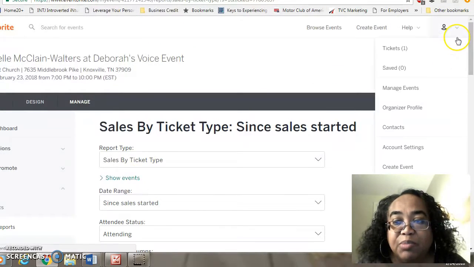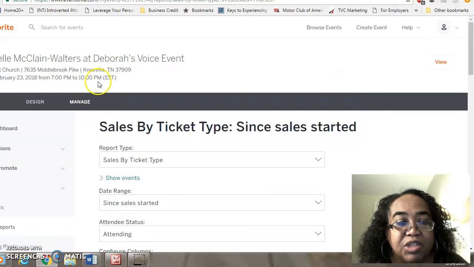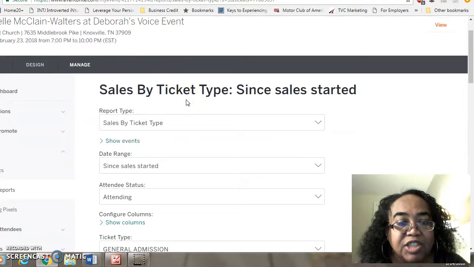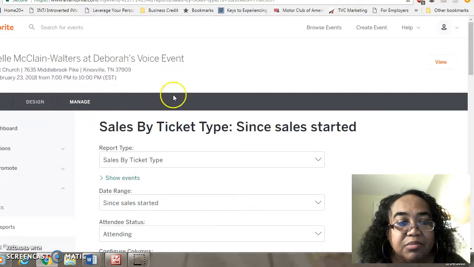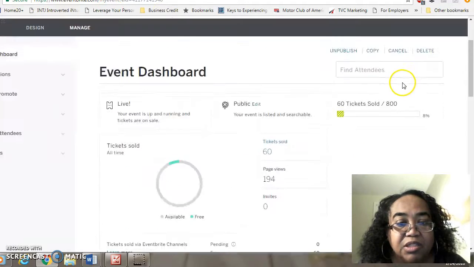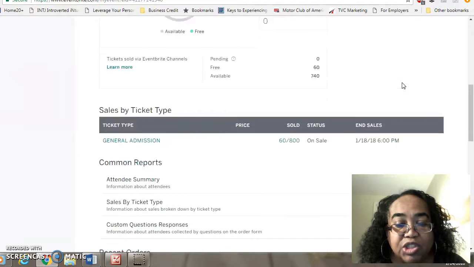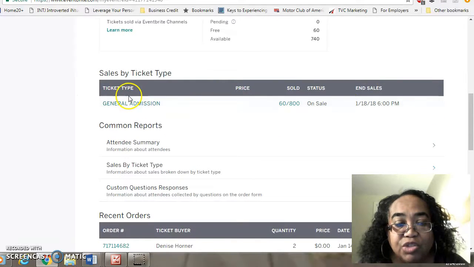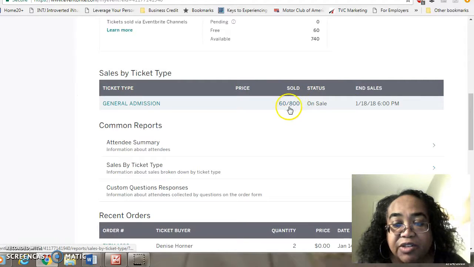Once again, you go to manage and not tickets, but manage events, and then you'll come to the page here that is the dashboard and well, hold on, I have to go back there. Okay, to our event dashboard, and then you scroll down to general admission, and then you click there, and you go from there to